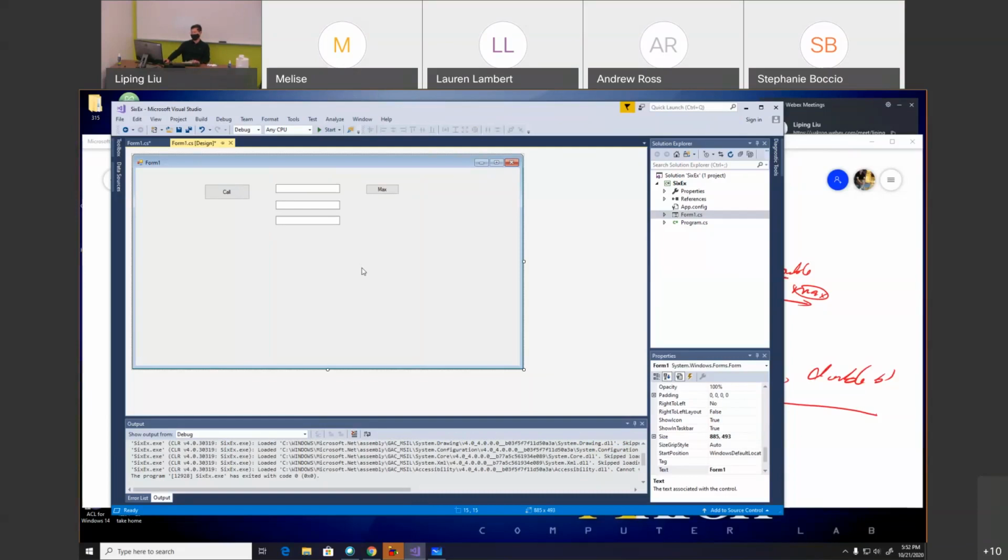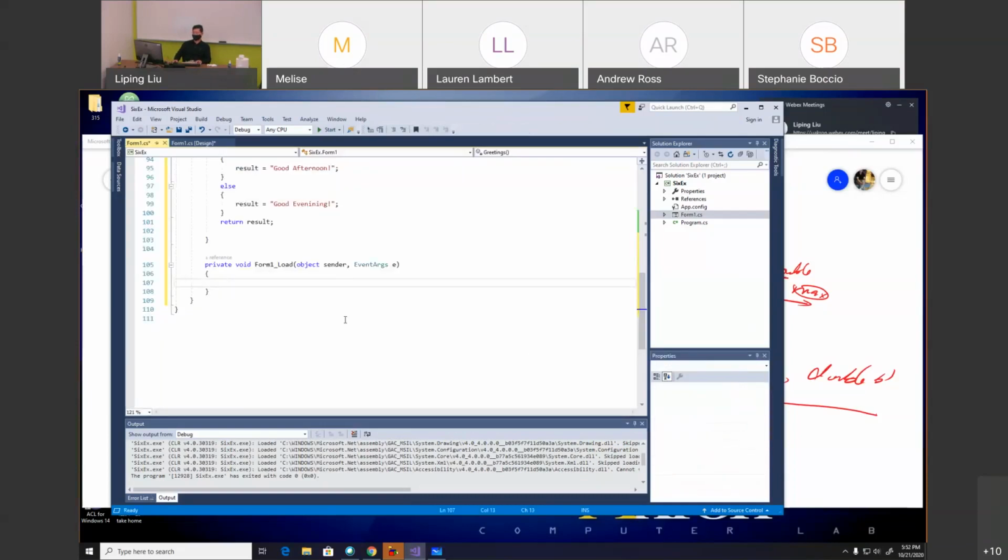Okay. So select the form and then go to event and find the load event. When the form loads, let's just call the function in here. So the first step can be skipped because the function does not need you to have input. So no input, but now you have a variable for output, which is a string. So let's just say that is greeting. And then just call the function right away, greeting